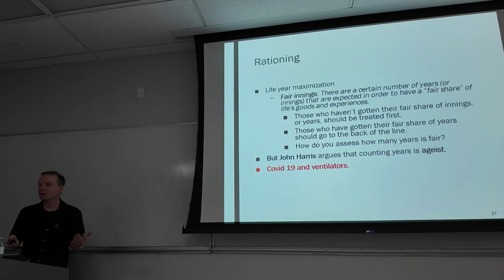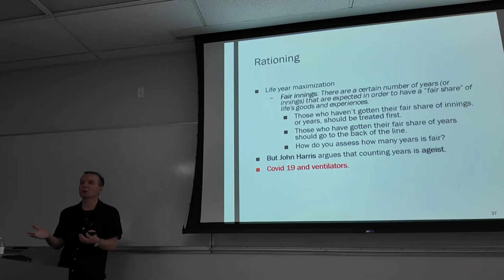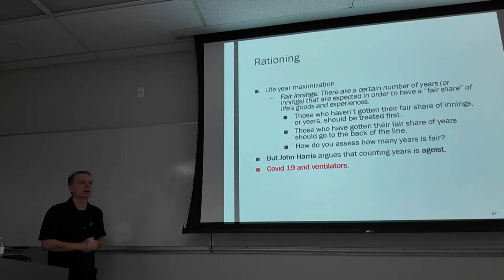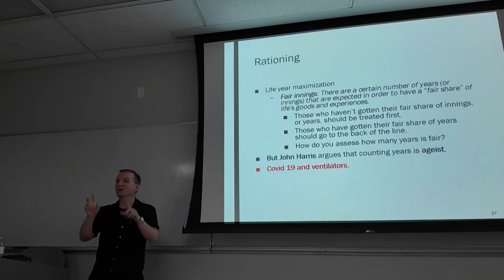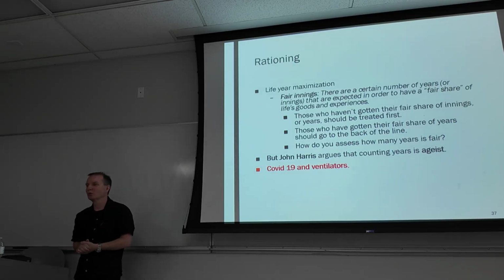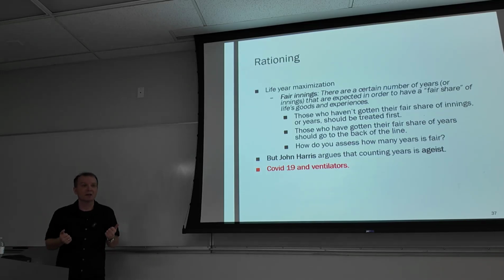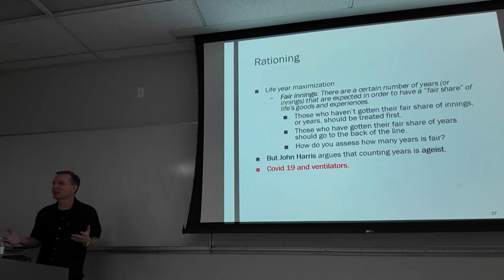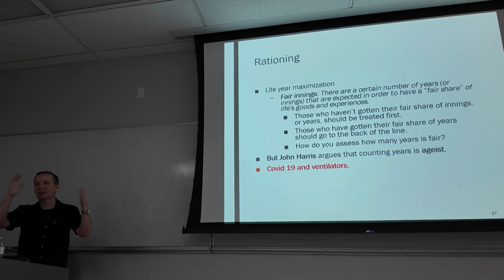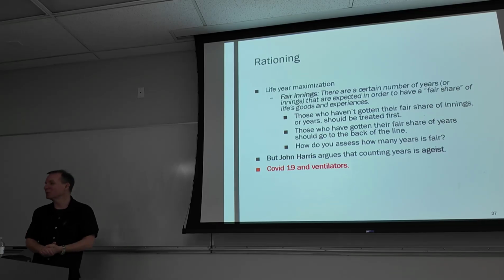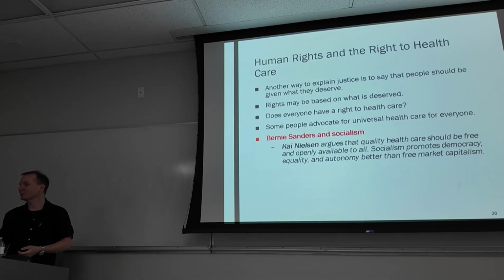So some scholars like John Harris suggest that the whole approach is ageist. How do you decide that? How can you say like, okay, you are old enough, you have had your fair innings, now it's time for you to go? Well, there are people in their 70s who may be more full of life and energy than the 20-year-old, right? You can't generalize like this. For different people, the life cycle is different too. So that seems like an overly simplified approach.